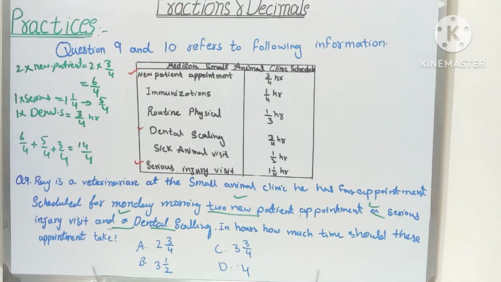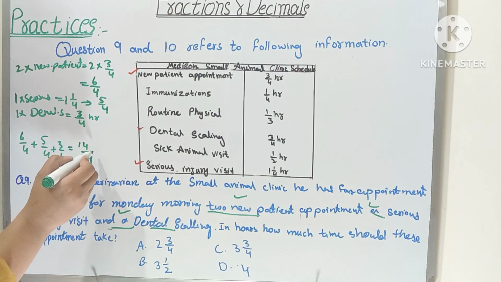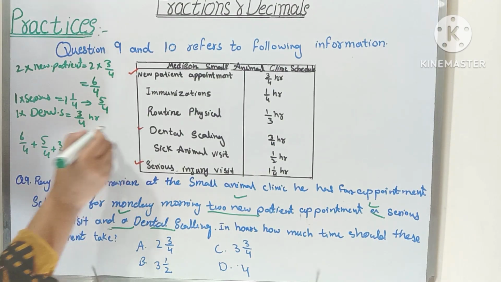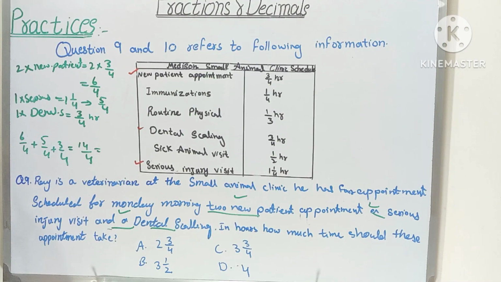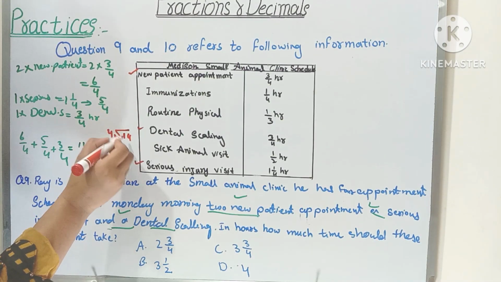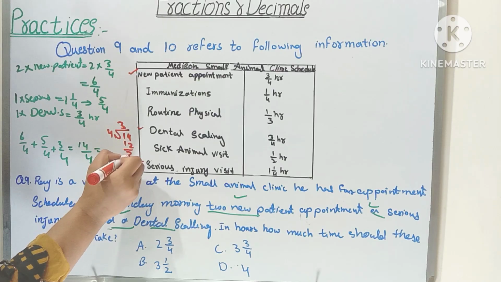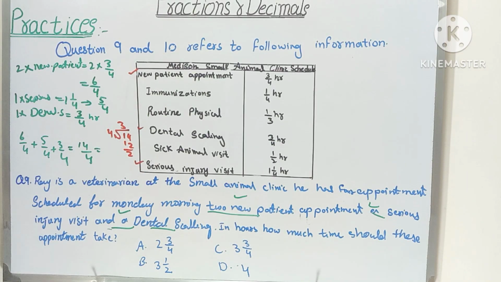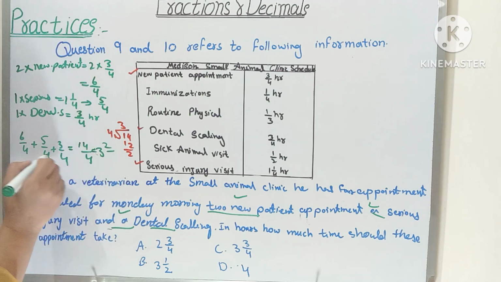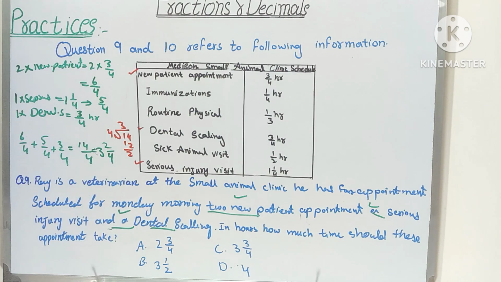14/4. If you completely understand how we do this addition, then you can see my video which I show in the link in the description. Then we divide them. 14 divided by 4: 4 3s are 12, remainder is 2. Answer 3 as a whole number, 2 as the numerator, the denominator will be the same, 3 2/4.